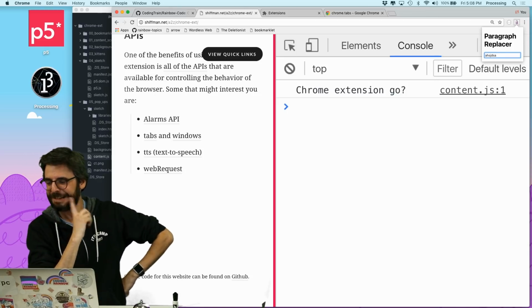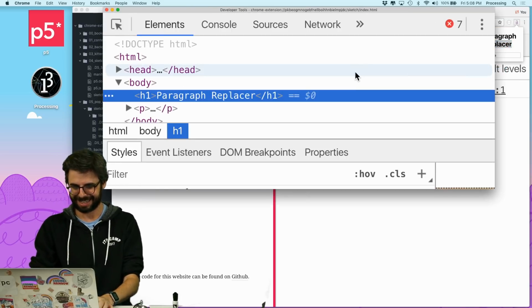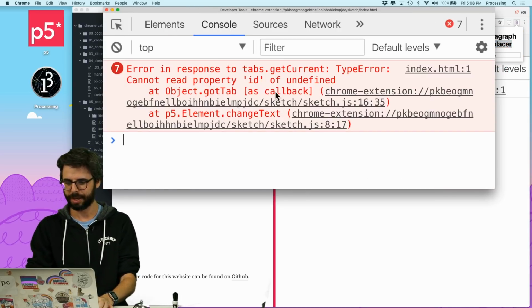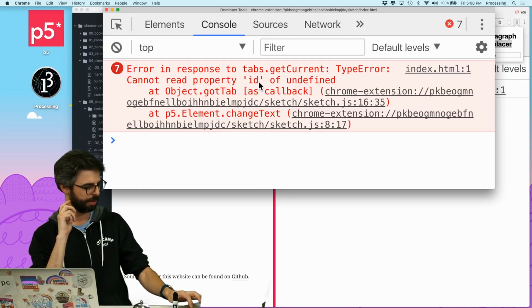That didn't work. So let's inspect this element. Let's look at the console. Oh, tabs.getCurrent: cannot read property id of undefined. So